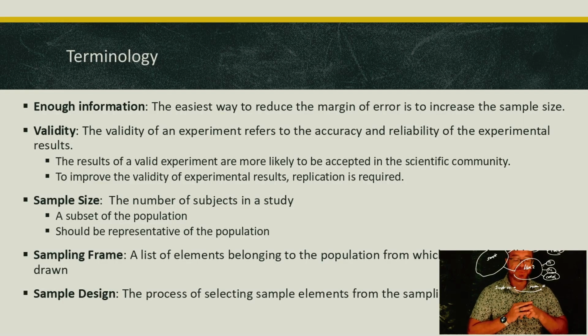Now, let's talk about sampling frame. Sampling frame is a list of elements belonging to our population from which the sample can be drawn. Now, you might wonder, why do we have a sampling frame, right? Because we're taking a sample, which is a subset of the population. The problem is, just because somebody's part of the population doesn't mean that they're actually accessible to be part of your sample. An example of this might be, if you want to do a study where you physically need to be with people to do something, I have no way that I could ever do this with somebody who's currently serving on the International Space Station, or someone who's in the Navy who is currently at sea in a submarine,